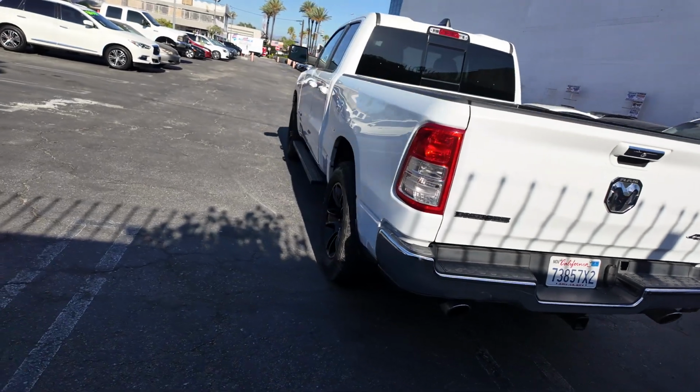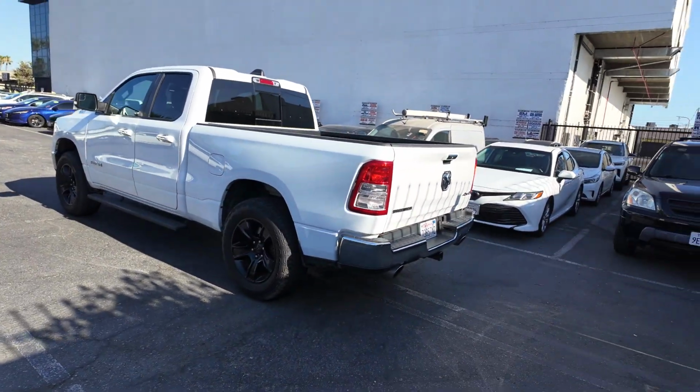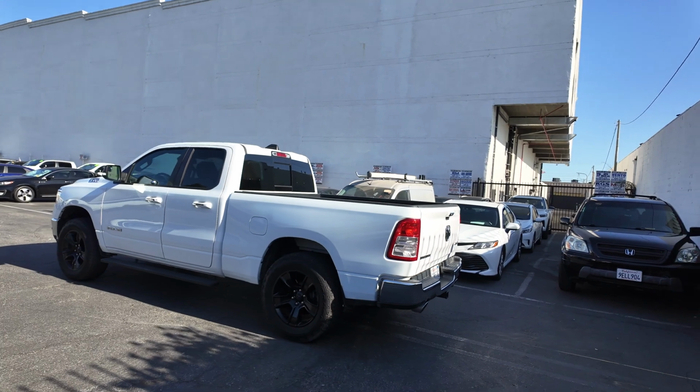I'm gonna show you the condition of this truck, and also the price, what I bought it for, and what this car needs. So this car basically needs nothing. After the smog check is done, I'm gonna drive it today just to make sure everything's good, and after that I'm gonna drop it at the detail shop, so it's gonna be nice and clean, shiny, white, beautiful Ram. Alright guys, I might do a little bit more video about this truck,